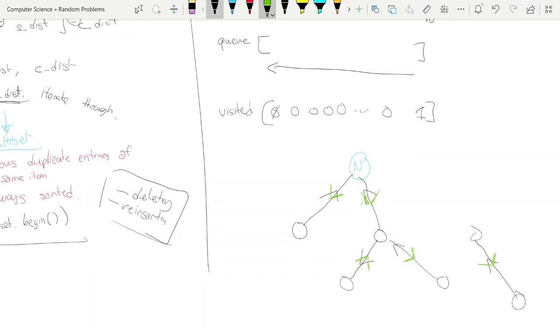So we first start by putting n into the queue. And let's first label all these: 1, 2, 3, 4, 5, 6, and this is actually 7. So let's put 7 in the queue. And then while the queue is not empty, we will keep running this. We take the first element of the queue, take that off, and so we're currently considering